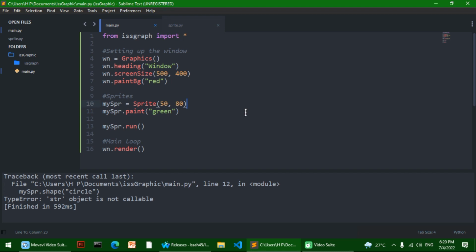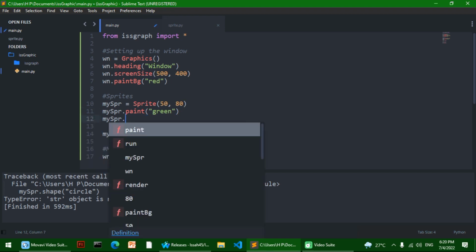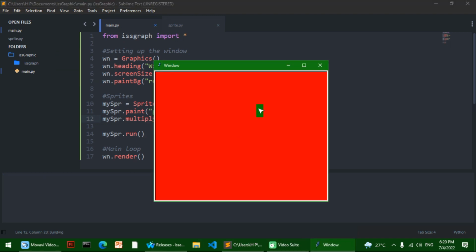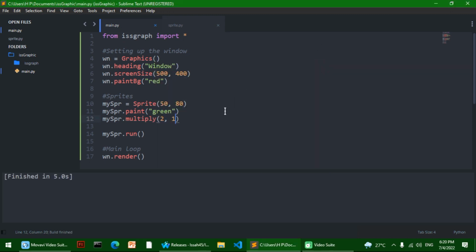The next function is called multiply. So for my SPR dot multiply, I'm going to say 2, 1. Its Y is going to be stretched in 2 and its X is going to be stretched in 1. So something like